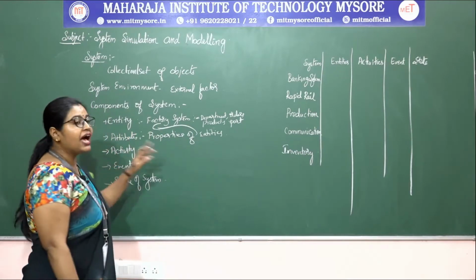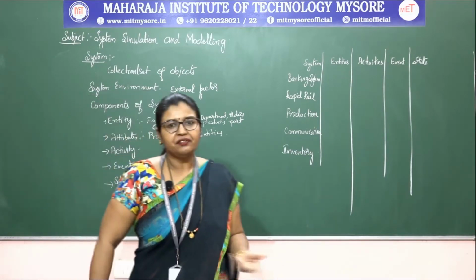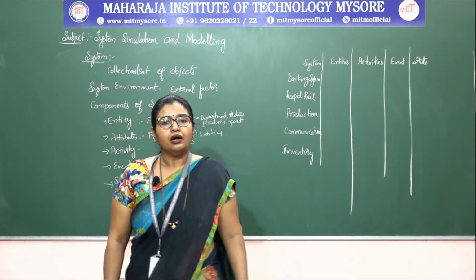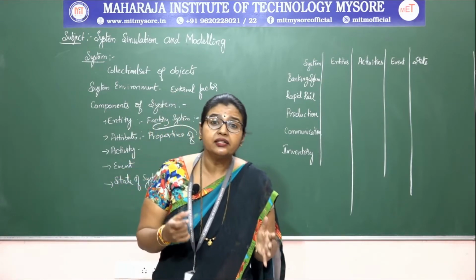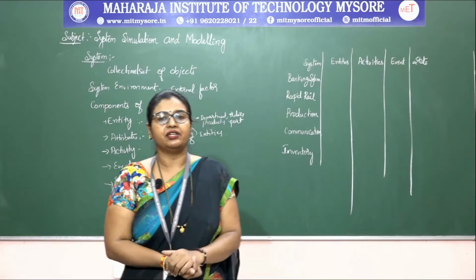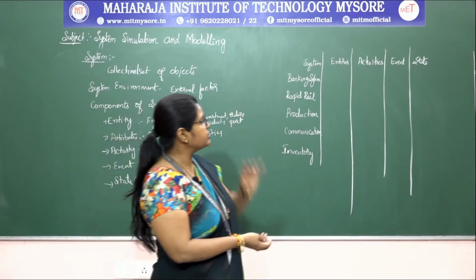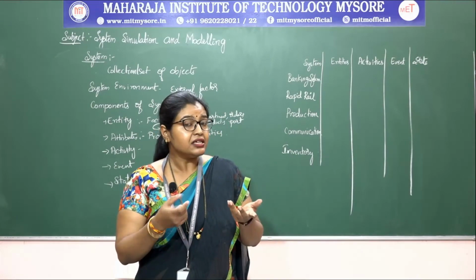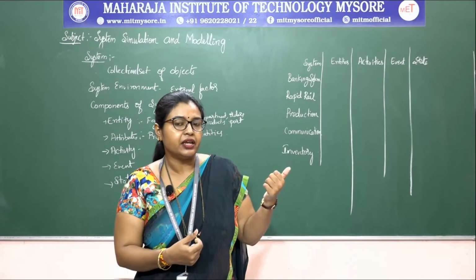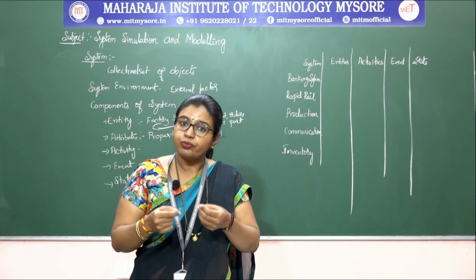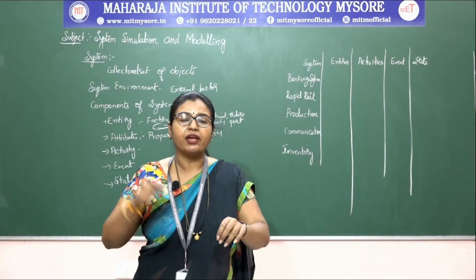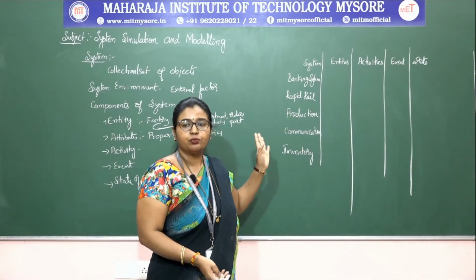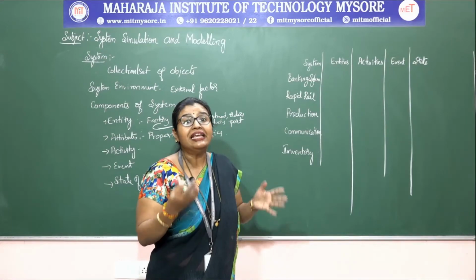The next one is the activity. So what do you mean by activity? In general, activity is nothing but some process, right? That process which is going to change the system is called an activity. Say for example, in the same banking example, how will the activity take place? The balance is going to be varied based on what? The activity. If I do the withdrawal of money, by that time the balance will be low. If I deposit the money, then the balance will be high. So likewise, the entity, attribute and activity depend on each other.